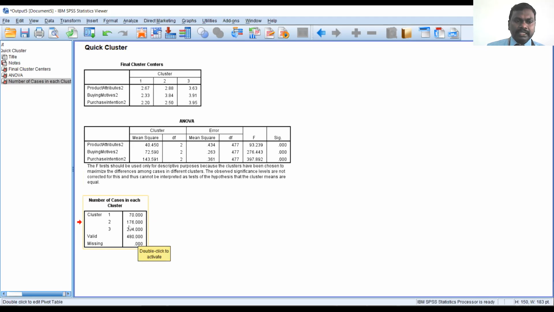Okay, the second cluster has 176 people. In the third cluster, you have 234 people. So this is the number of people in each. You have three clusters, and in each cluster, how many people are there? That is what this number of cases in each cluster will tell you. Okay, the next one is